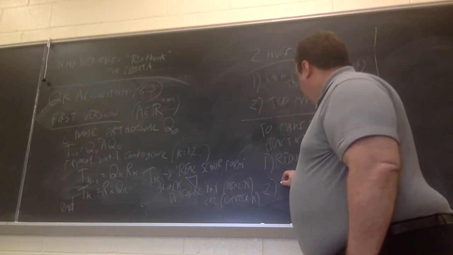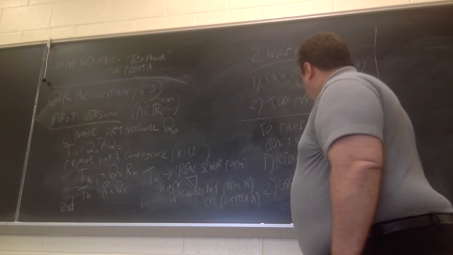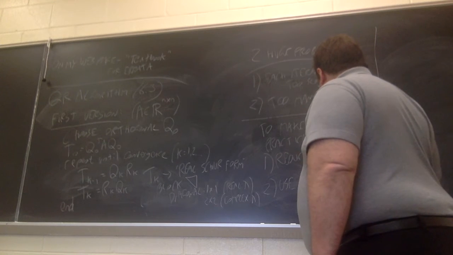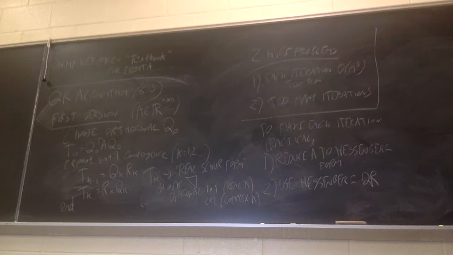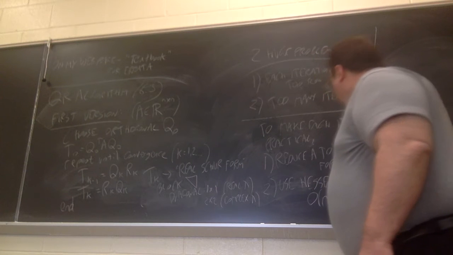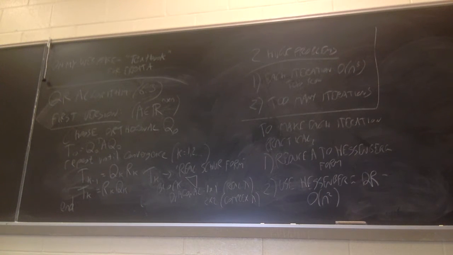And then, once we've done that, we're performing QR factorization on a Hessenberg matrix instead of a general matrix. That takes only order n squared operations. So now the number of iterations is still going to be out of hand, because that's something I'll deal with on Wednesday. But at least each iteration of those too many will take less work. So right off the bat, that's going to reduce the work by a factor of about n, which is great if n is large.